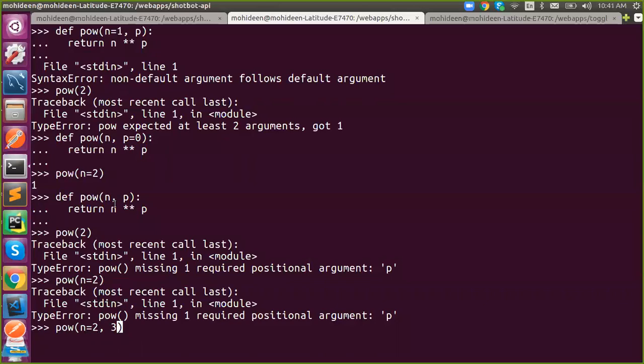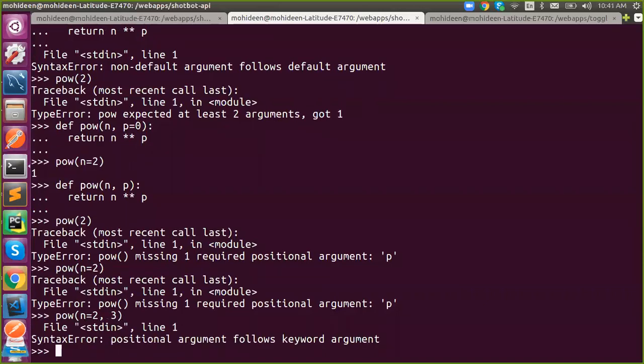What will this raise? Syntax error. Got it? So this is collapsing. Whenever you're getting confused, this is a syntax error. See, we are sending n equal to 2, so as per the keyword argument, the value will be allocated into n. But next value is positional. You all know position starts from 0, right? Again, the 3 will be assigned into n. That's why this type of syntax is invalid.